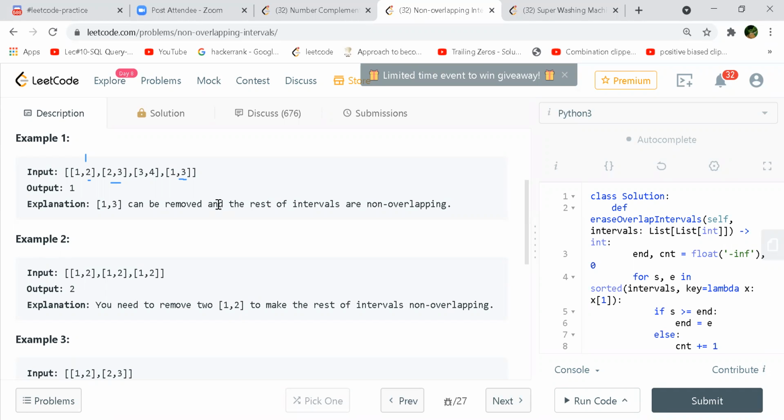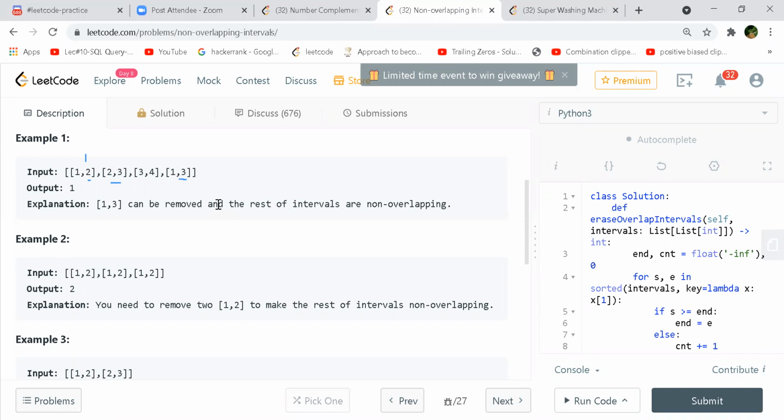If we sort by the end value, it would automatically be sorted by the starting value, no? You'll only have to check. Even if we sort with the starting value, we can check the end point and the next element's starting point, and based on that also we can do that, I think.